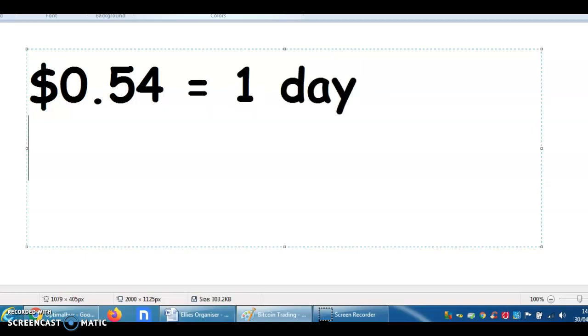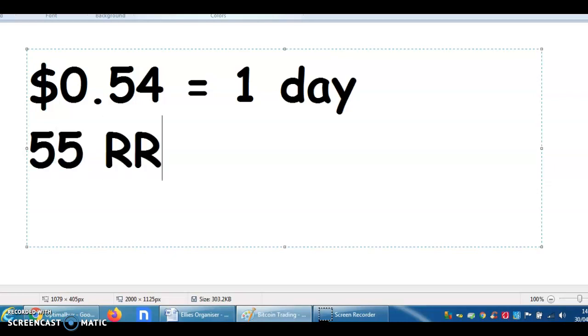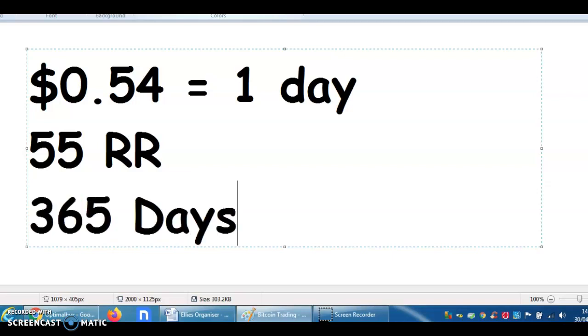Okay, we've got that for 55 rented referrals, and what we want to work out then is the earnings for 365 days. I'm just going to do it on my phone here: 54 cents multiplied by 365 days equals